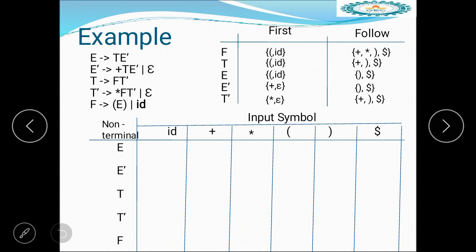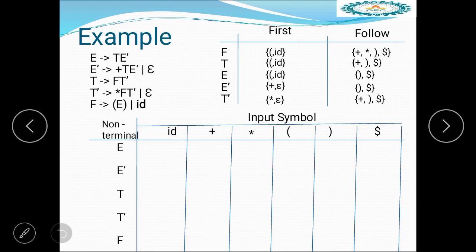Here we calculate the first and follow. First of F: the right-hand side starts with a variable or terminal. Here it starts with a terminal, open braces, so first of F equals open braces and ID.